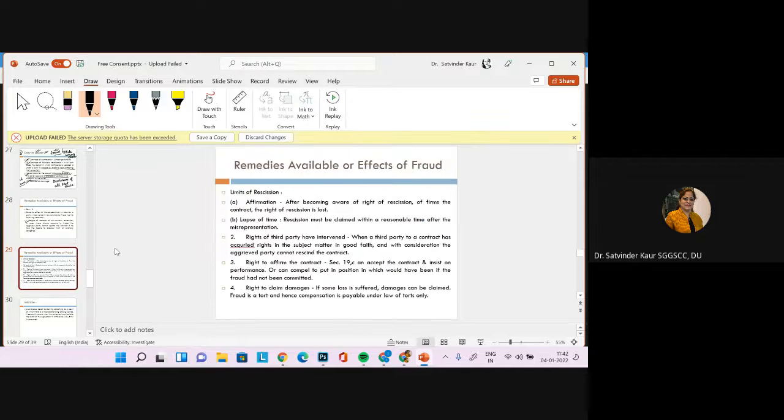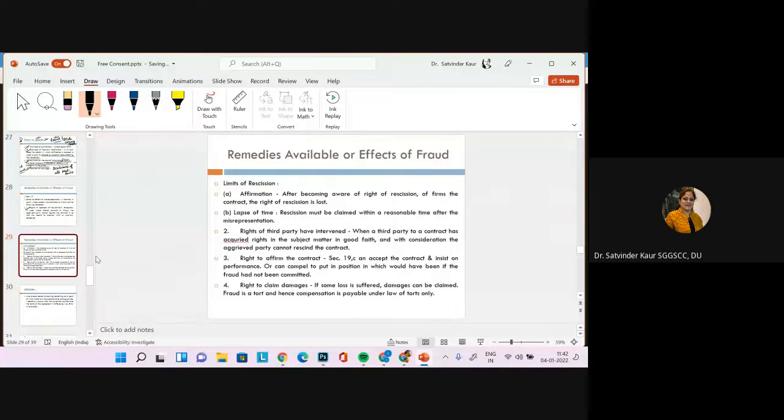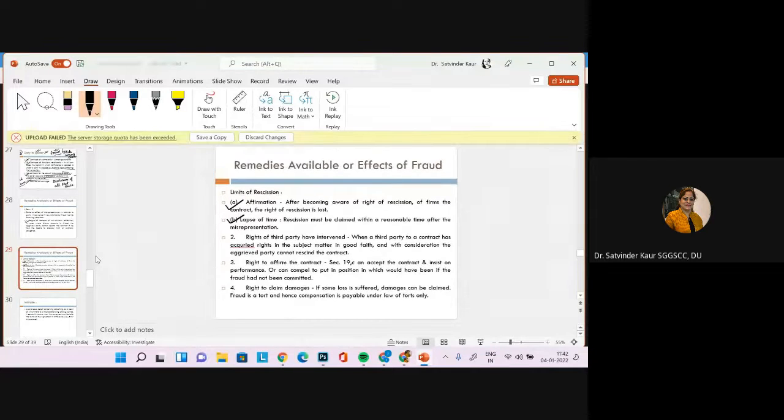सेकेंडली यू कैन कंपेल कि आप कहाँ पर सेट असाइड नहीं कर सकते, जहां पे आपने ऑलरेडी उस कॉन्ट्रैक्ट को अफर्म कर दिया या आपका टाइम खत्म हो गया उसमें, it has taken long time and after reasonable time you want to set it aside. No, once you have accepted along with the fraud, along with that fact, तो उस केस में आप सेट असाइड नहीं कर सकते, you have to perform. And where the reasonable time is over,